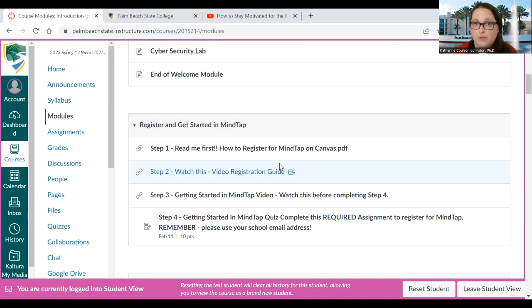Do not throw that postcard away. Don't throw it away, because you need that access code to connect to this class. This is the trickiest thing you'll do this whole semester, but it always trips a lot of students up. So if you want to have a physical copy of a book, which I totally understand, it's going to come with that card and you cannot discard it because you won't be able to connect to MindTap.